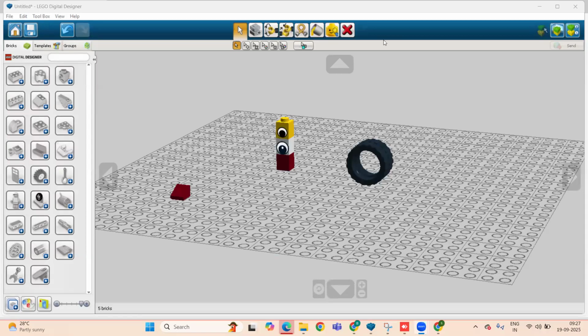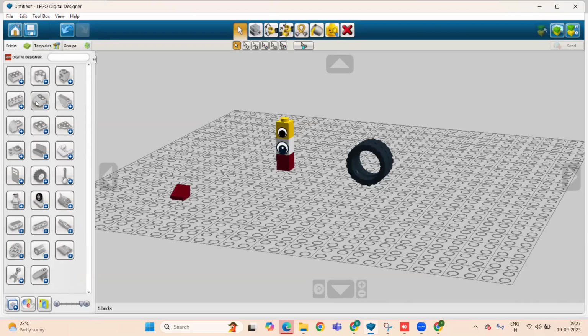Okay, so initially I'm going to tell you about the left side panel. This is the brick palette. Here we have lots of lists. This one is all about the bricks. If I expand this one, it is all about the tires or rims. If I expand this one, it is all about the Technic levers. So we have lots of areas, and through this we can use any part of a Lego kit.